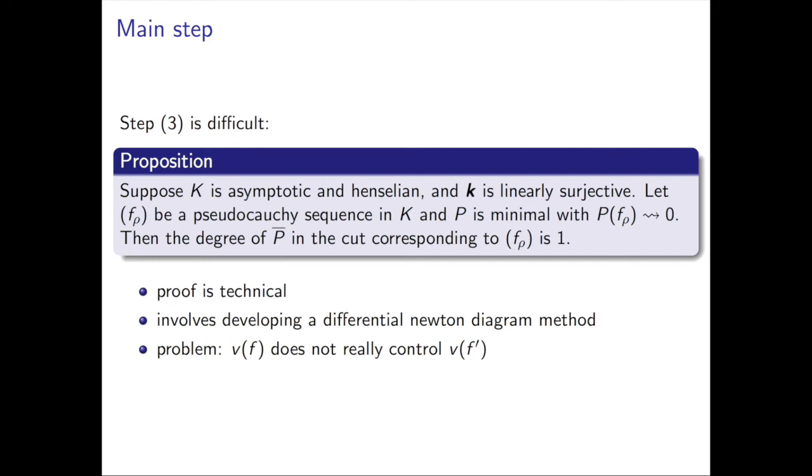But the problem, of course, is that the valuation of f doesn't really control the valuation of f prime, right? In the monotone case, it does. When I plug an element into a differential polynomial, I know what the terms do. But when I plug it in the asymptotic setting, I don't know what the terms do. And that's what makes it much harder than the ordinary valued field setting, because you just have one term of each degree, and you can do things. Okay, you guys all know about that.